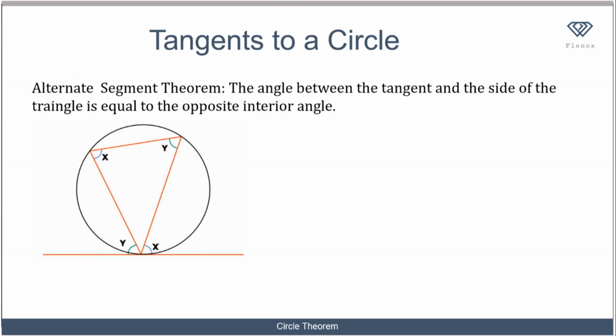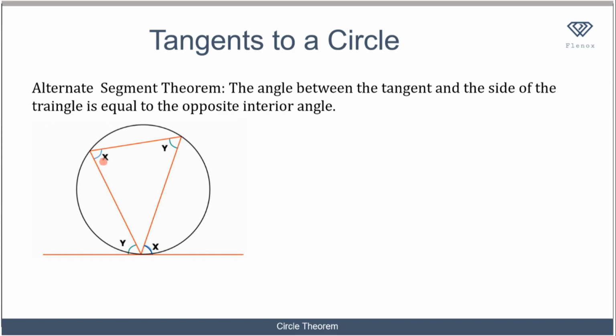So what this theorem tells us is that the angle between the tangent and the side of the triangle is equal to the opposite interior angle. So for example, if I draw a tangent to a circle, as you can see this line here is a tangent, and I have an angle x, and I have a triangle inscribed in the circle, the angle which this side of the triangle makes with the tangent is equal to the angle,